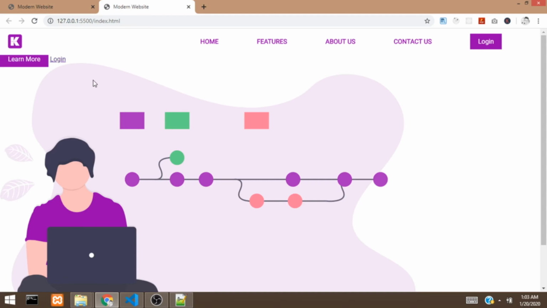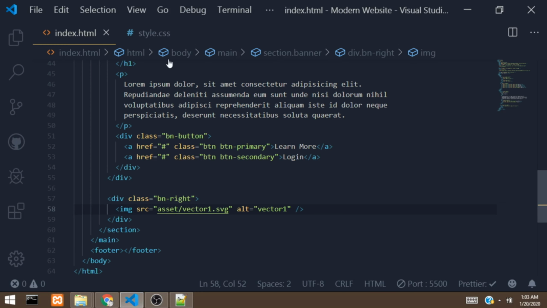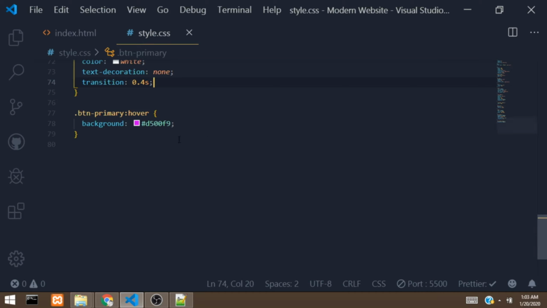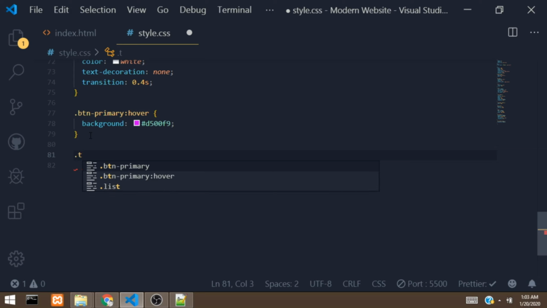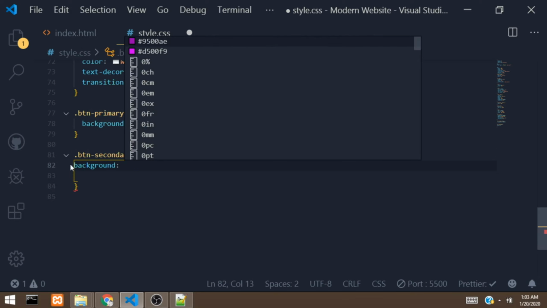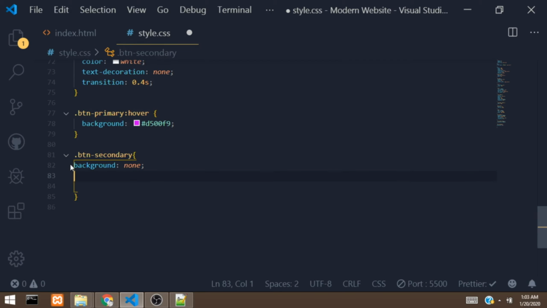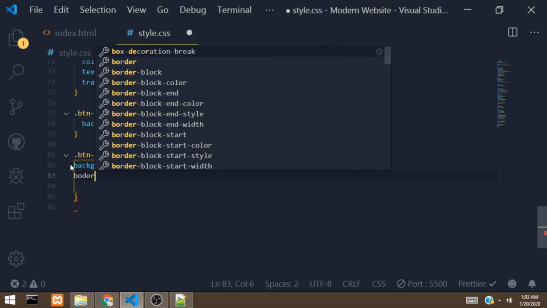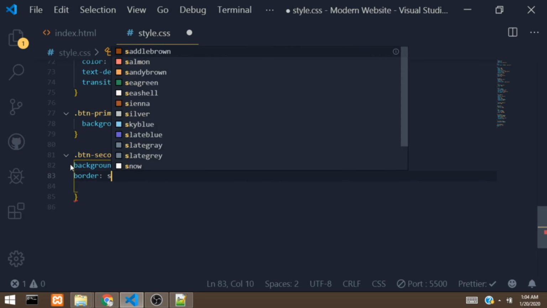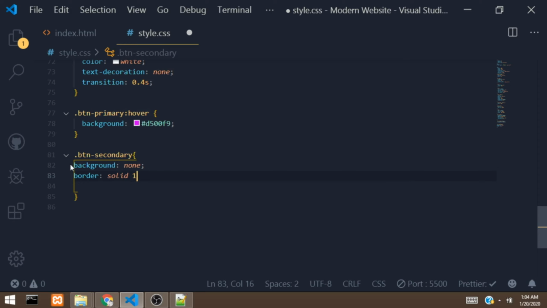So this is what we have. Right now we start styling the section right here. So we are going to open our style.css. We are going to add the btn-secondary. We give it a background of none. I am going to give it a border of solid 1 pixel